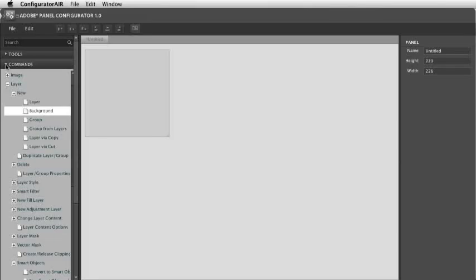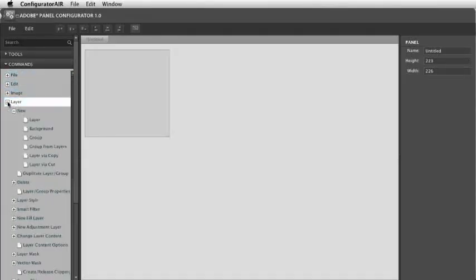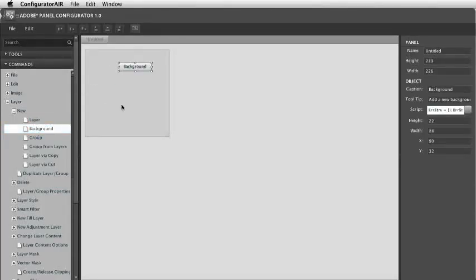I actually use commands, though, because now I can take things that I do all the time that I have to go to a menu for, and I can make my own palette with those menu items. So, for example, I'd go under here to the Layer menu. And if I expand the Layer menu, if I went to Layer, New, there's an option here to convert my background layer to a regular layer. That's just this little Background option here. Just drag it onto your panel, and it just puts a little button there for you,